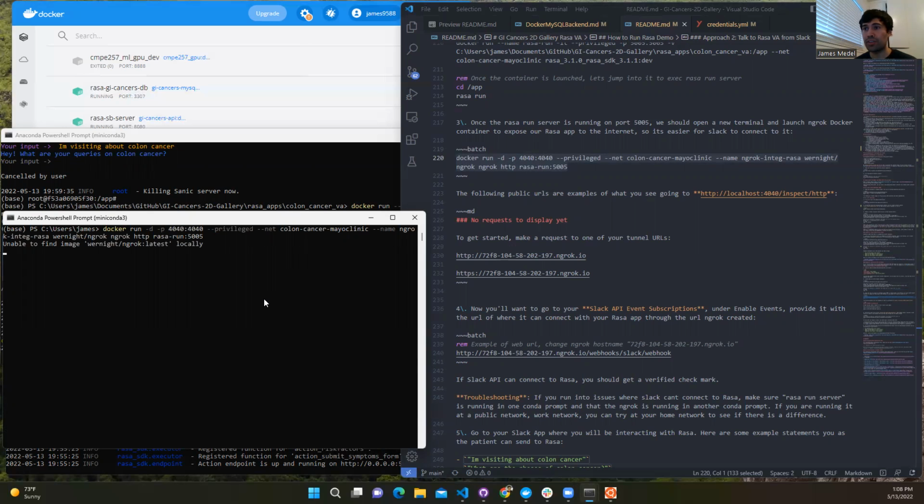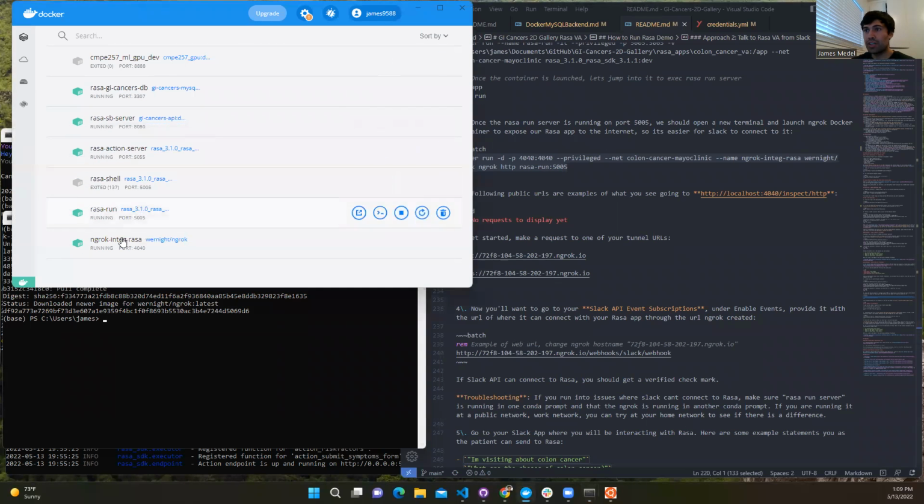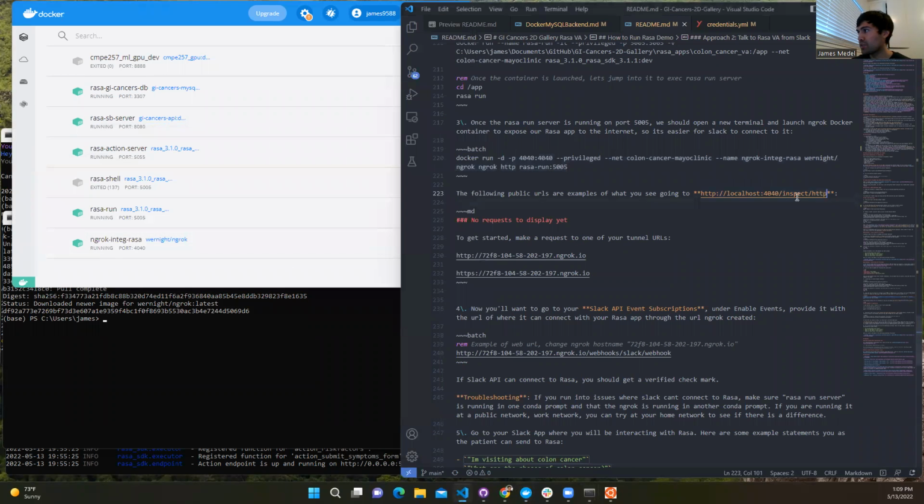And we can see here that the image is not found. So it's going to do an automatic Docker pull to get that Ngrok Docker image, and then we're going to launch the Docker container. Okay, so our Ngrok Docker container is running. We can see here that it is in fact there, Ngrok integrate Rasa. And what we can do is we can go to this link here,